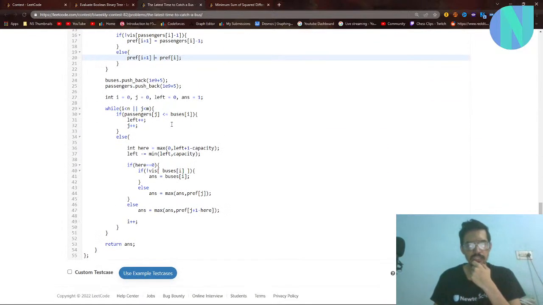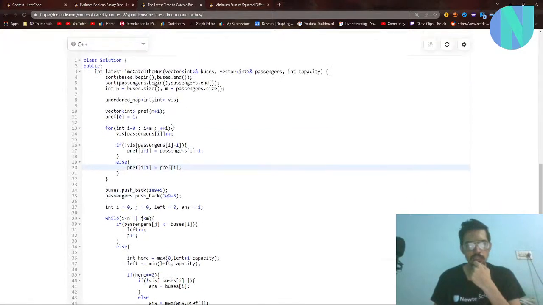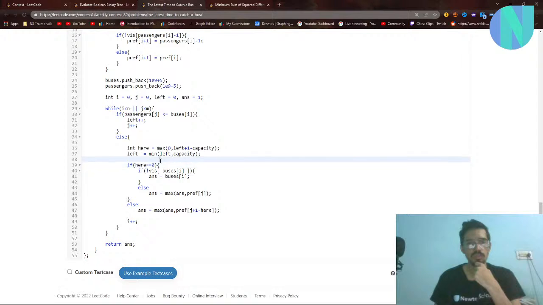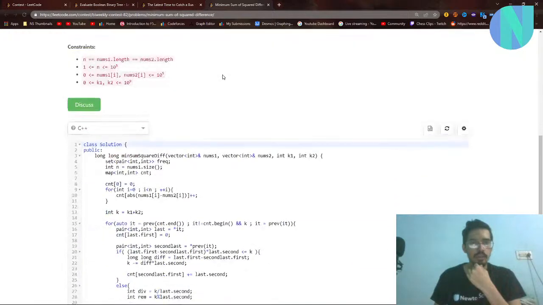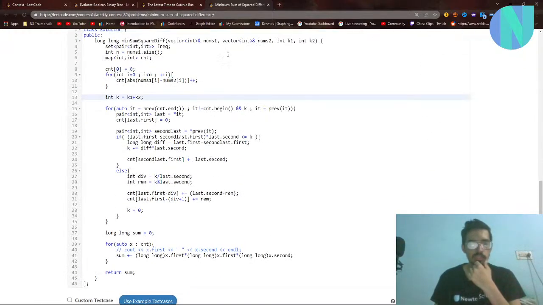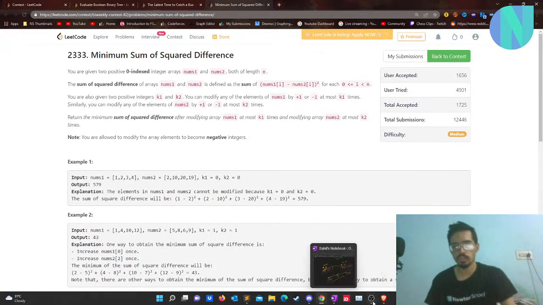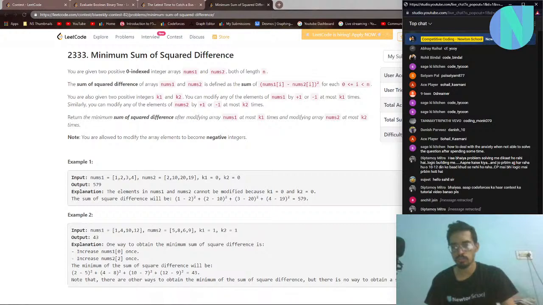The only reason I got some TLEs on this, I think, was because of map, so I used another map instead, and that helped with the TLEs. Also, I was using some cout statements, and I thought it would not affect the TLE, but cout statements cause TLE in LeetCode. I got to know that today. This was also highly based on implementation. So I kept a map, I iterated. You can see my code for this, and if any of you want, I can also explain my solution.